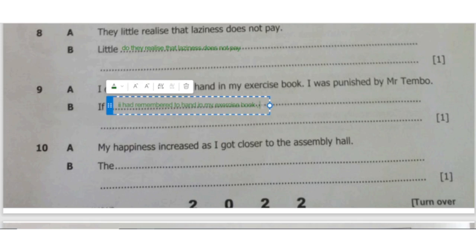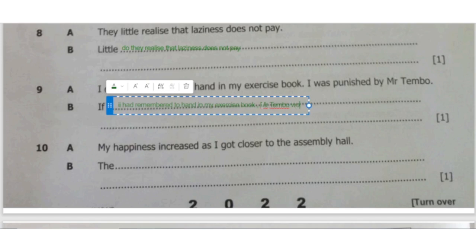Then we are saying M should be a capital letter for Mr., and the name should also start with a capital letter: Mr. Tembo. If I had remembered to hand in my exercise book, Mr. Tembo